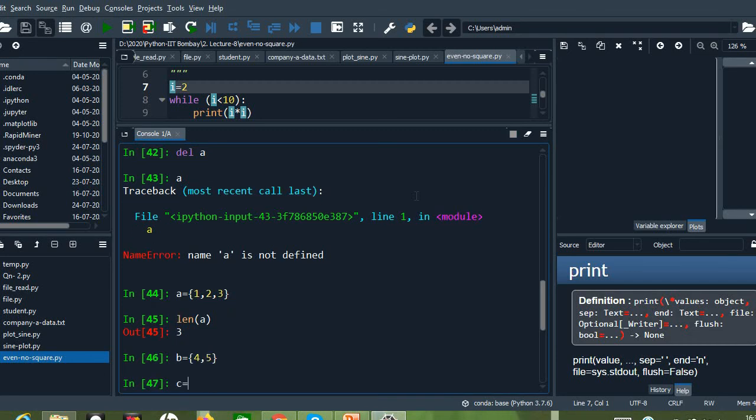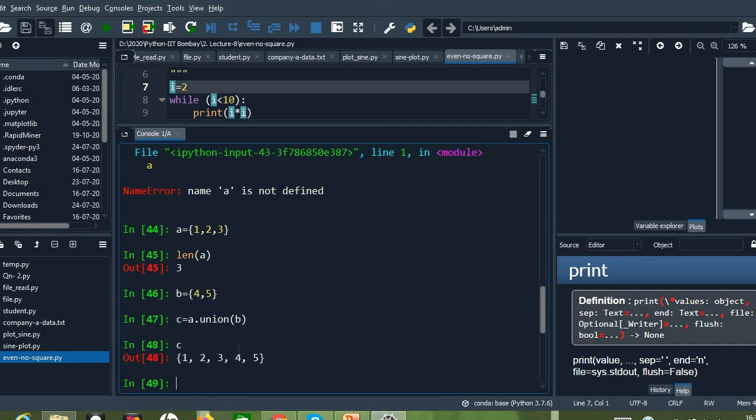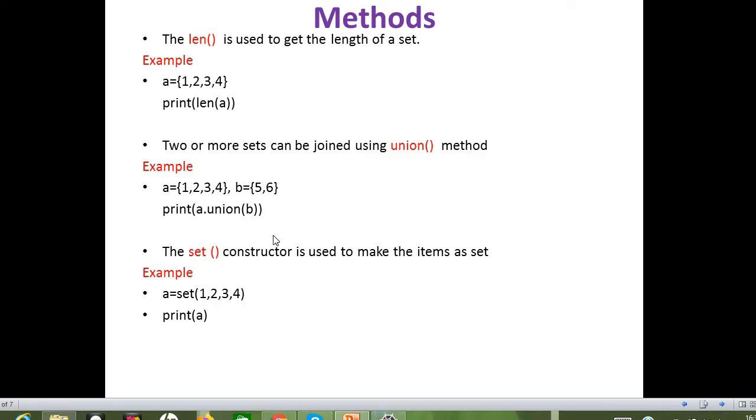So let me take C equals to A dot union of B, right? So if I print C, you can see that the elements which are available in A and B are merged and concatenated together into the set C, right?